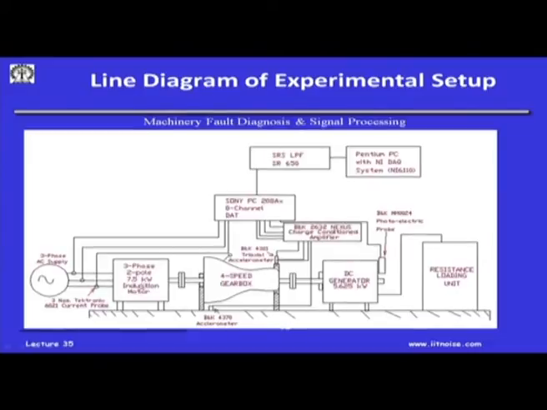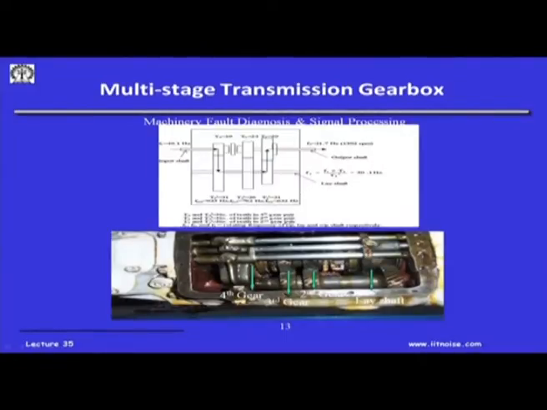This is just to give you an idea of the experimental setup. We have a 3-phase 2-pole induction motor driving a 4-stage gearbox, driving a generator that is being loaded, and we have the current probes to measure the supply current. To correlate or to find out the fault, we also used a vibration transducer and triaxial accelerometer, and we recorded all of them in a tape recorder and then took it into a data acquisition system where we did the analysis. And this is the internal of the gearbox.